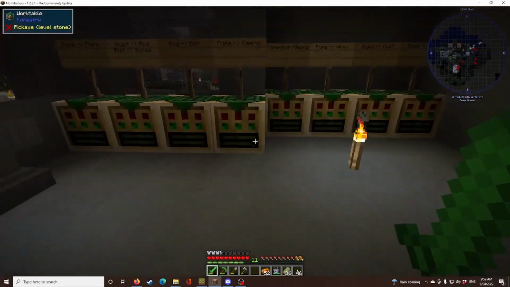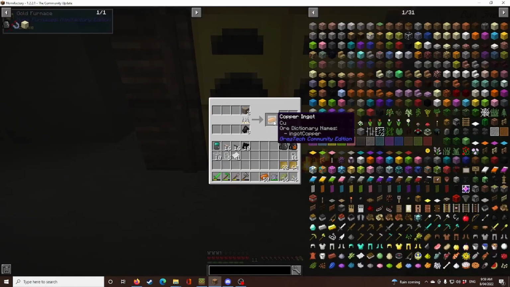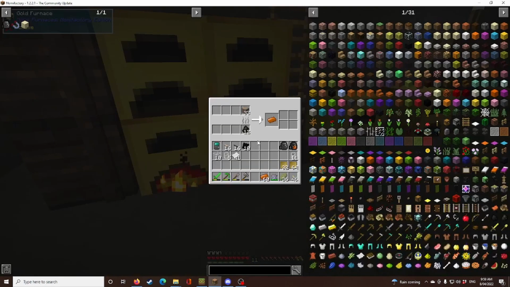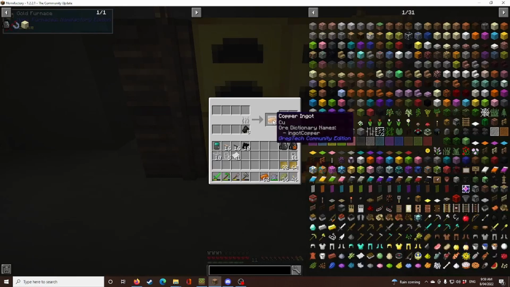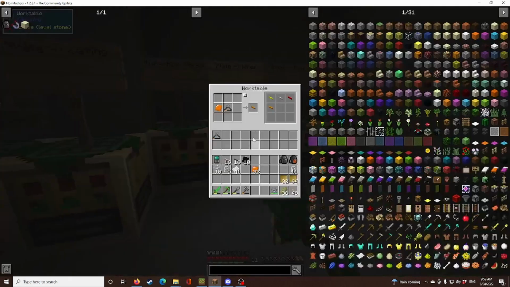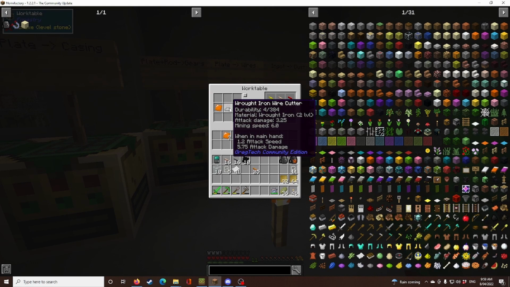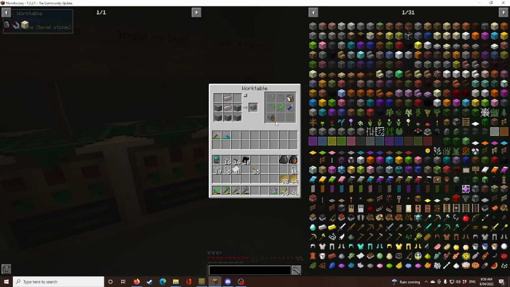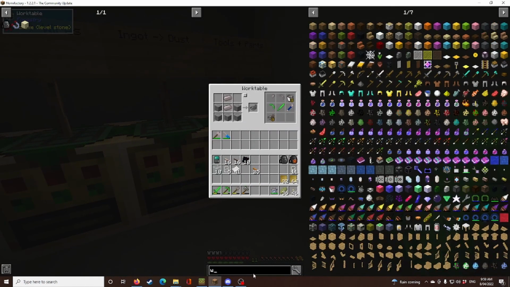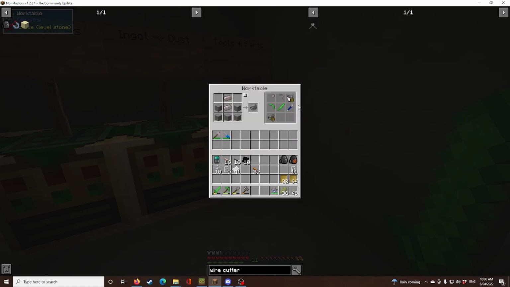Give us copper, and I think I'll do a whole stack. 4. That 2 more. There you go. 32, and then here, put that in. The wire cutters ran out. I'm gonna need more wire cutters. What's the recipe for that? This is the